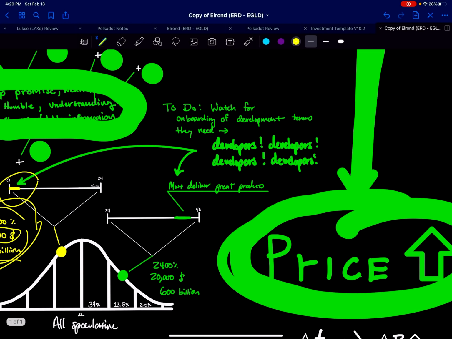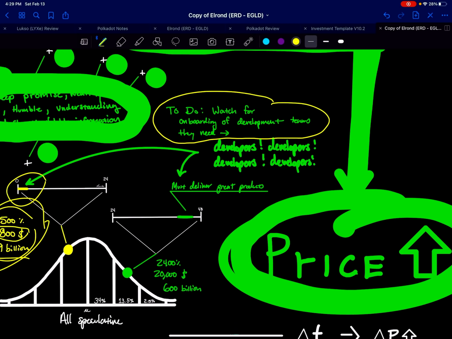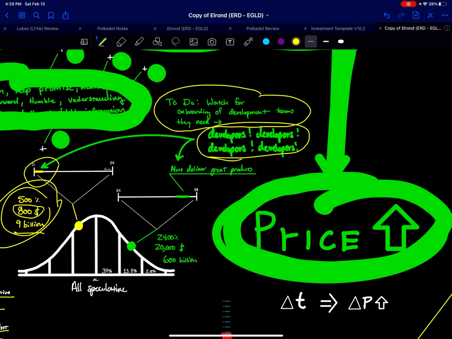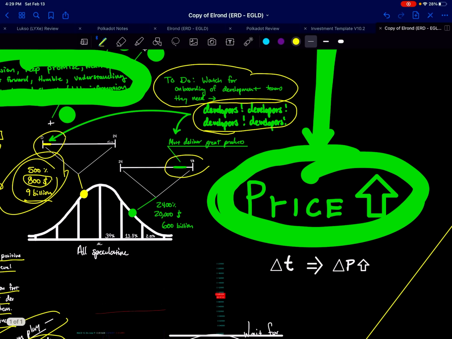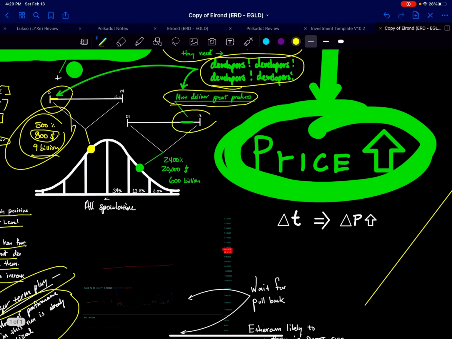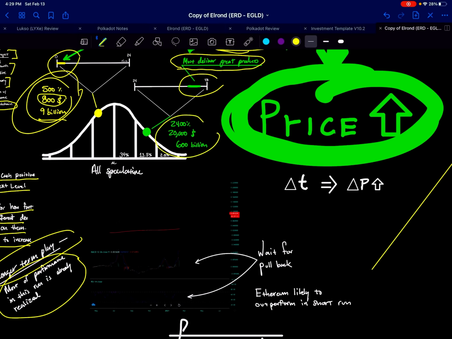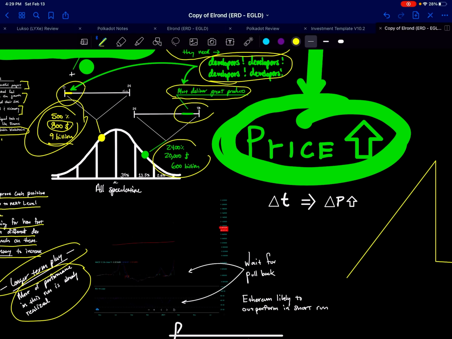And what you want to look for is onboarding of development teams, which they are doing. Developers, okay, that's what they need to do to move to the next level, which will be, I think, in the longer term, around the 3-year span or around that time. I think that they must start delivering niches and stuff, showing that they have great products, and then what we'll see is a $20,000 token, so that's not that long to wait.